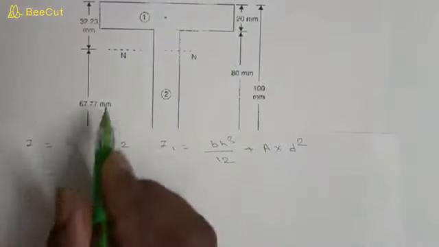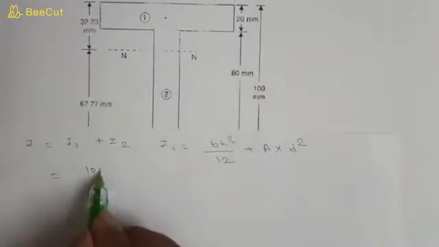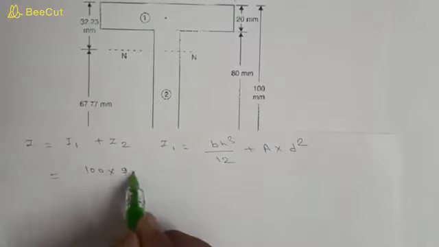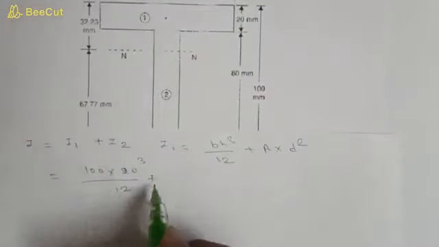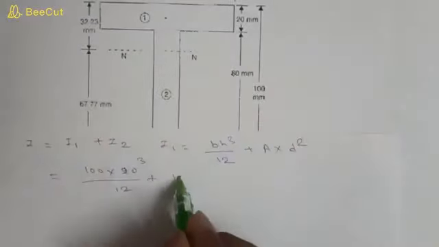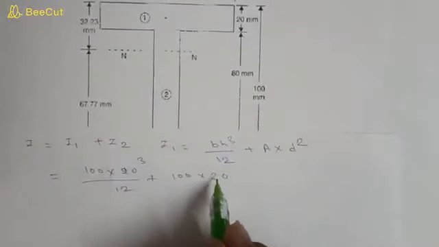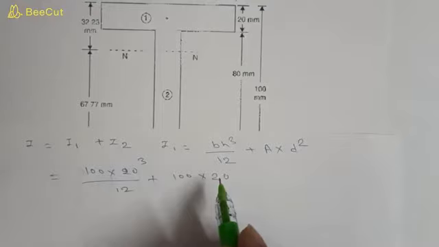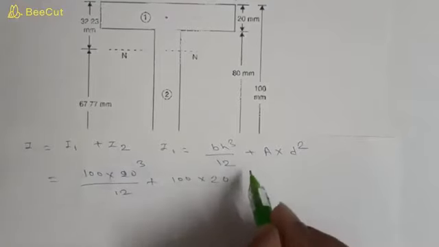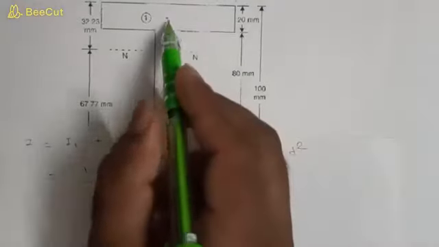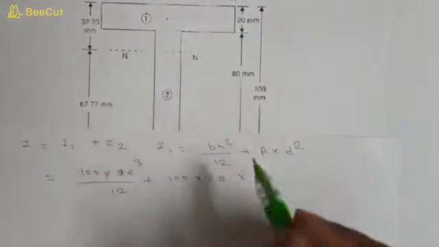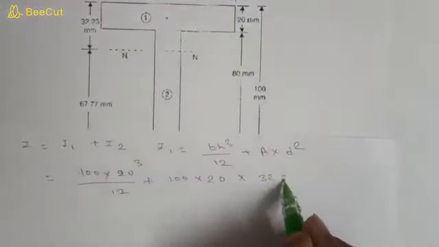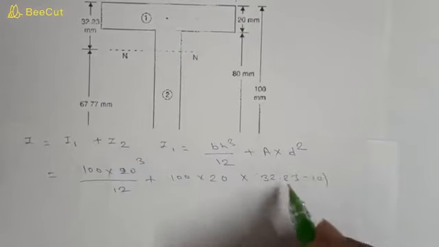So it is B is 100 into H is 20 cubed divided by 12 plus area, which is 100 into 20, into the distance between, this is 10 from here and this is 32.23, so 32.23 minus 10, squared,